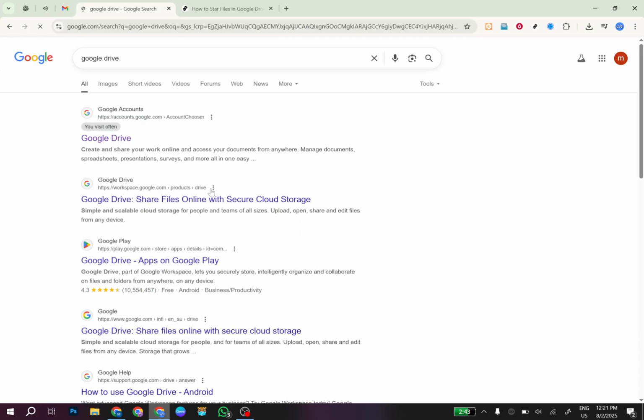First things first, you're going to want to open your preferred web browser and navigate to Google Drive. Type Google Drive into your search engine and hit Enter. Then, click on the official Google Drive link that appears in your search results. Once you're on the Google Drive homepage,